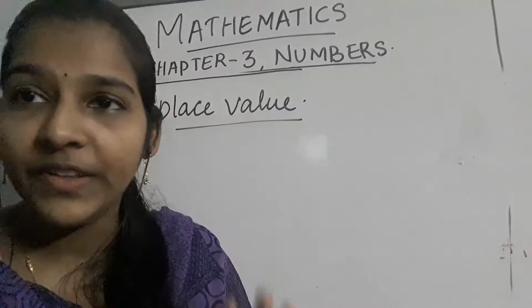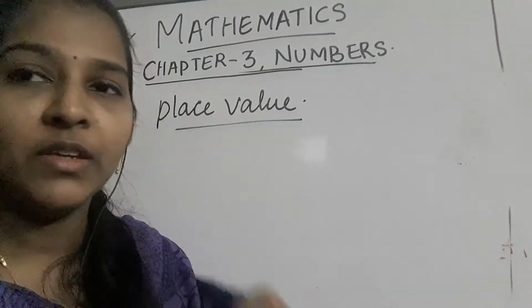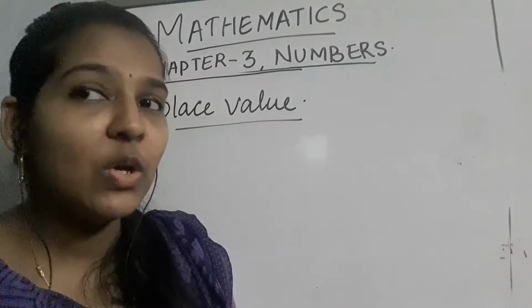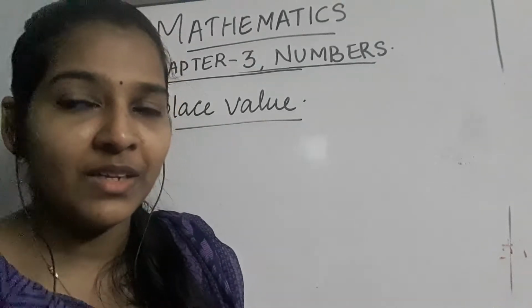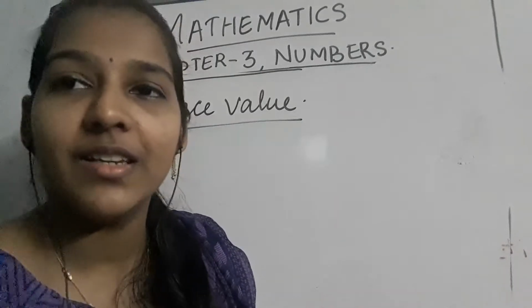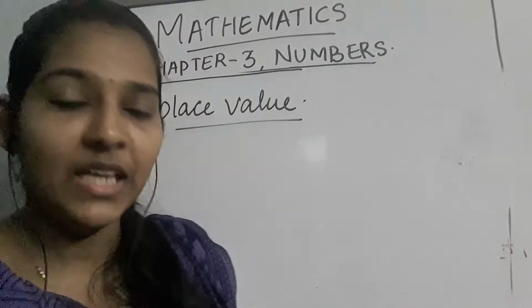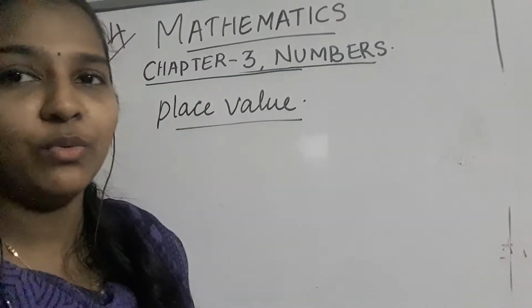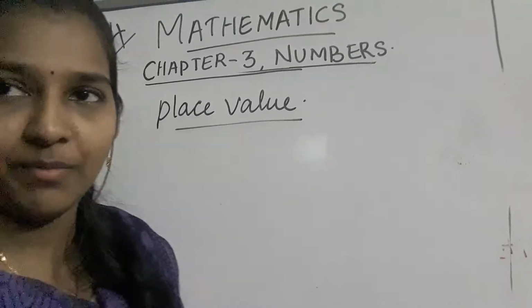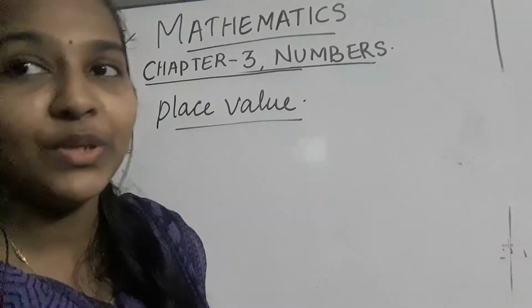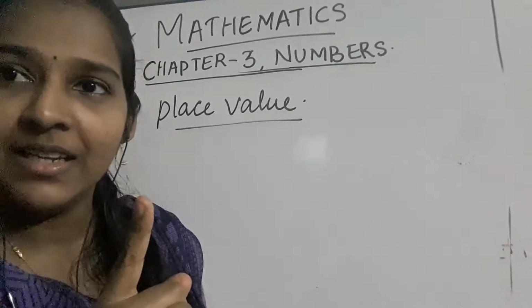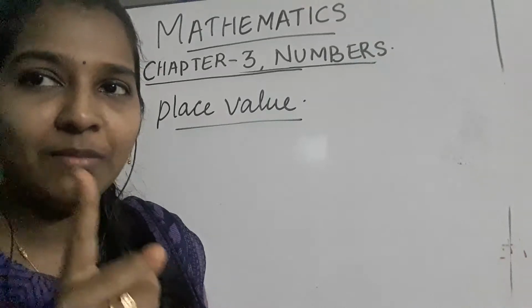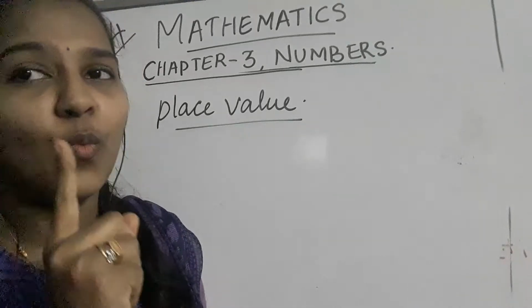Dear children, now we are revising the place value. We know all the numbers have some place values, isn't it? And we know how to draw the place value chart also. In the previous years, in the 3rd standard and 2nd standard, we learned about all this, isn't it? So first I am going to check how we can draw the place value chart for a 2-digit number. For a 1-digit number, we know it has only one place, which is one's place only.